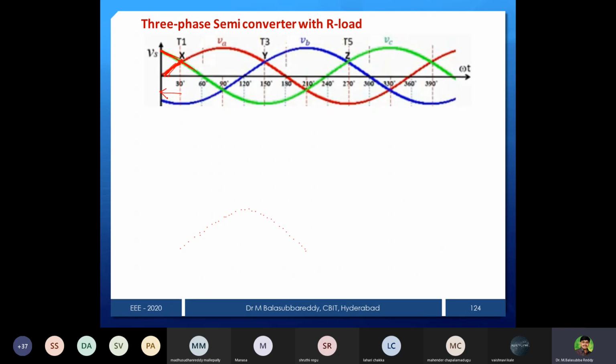So before 30 degrees, you can see that the C phase device is the